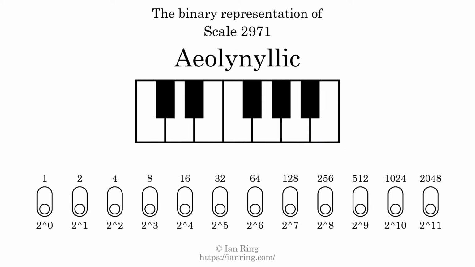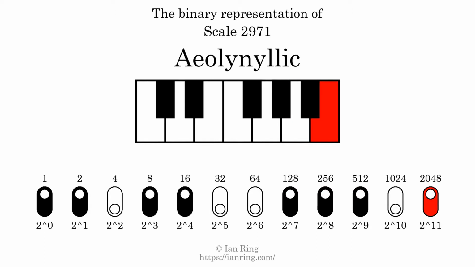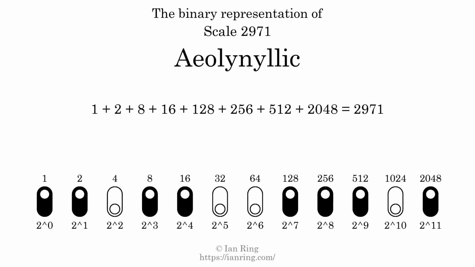The binary representation of this scale is determined by mapping tones of the scale to binary digits. Each binary digit represents a power of 2. To get the scale number, we add the powers of 2 together. The powers of 2 that are present in the scale, all added together, equals 2971. That is why the scale number, in decimal, is